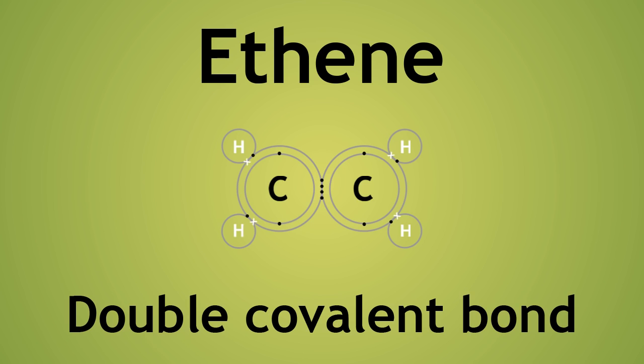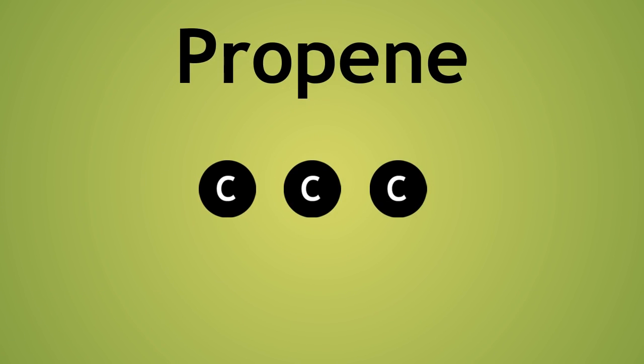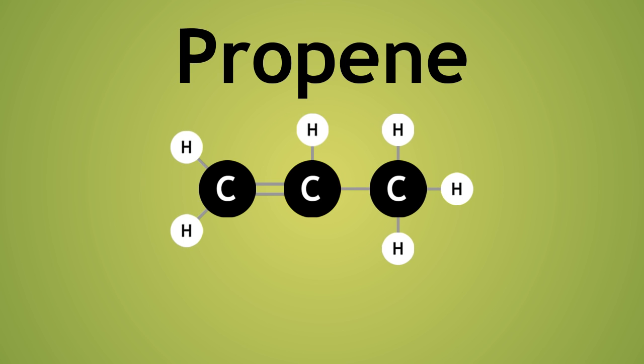You are only likely to come across alkene molecules with just 1 double bond, although there can be more within a molecule. The next molecule in the series is propene. As before, there is a double covalent bond between 2 of the carbon atoms, but the other is just a single bond. We now need to fill the molecule with hydrogen atoms to ensure that each carbon has a total